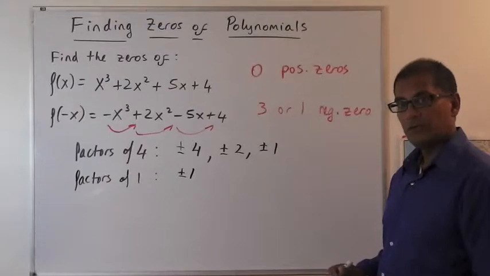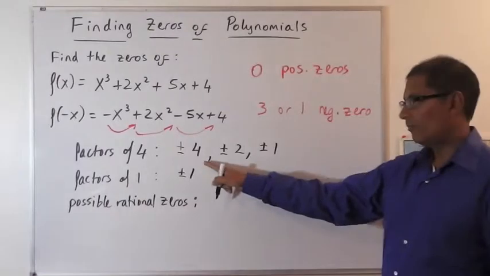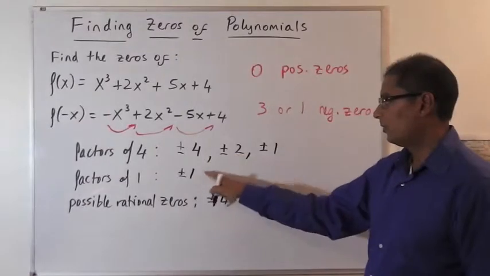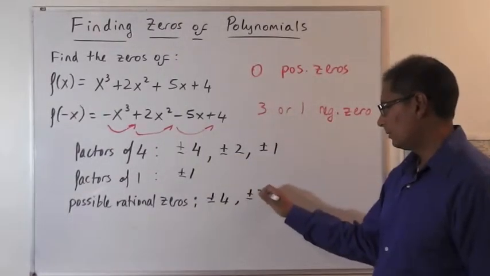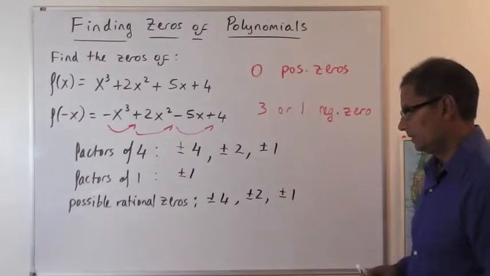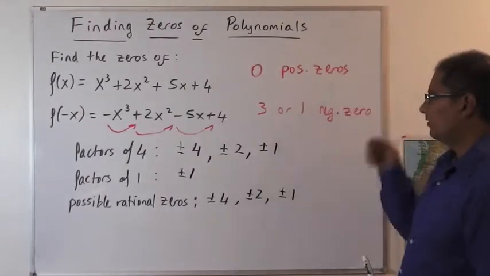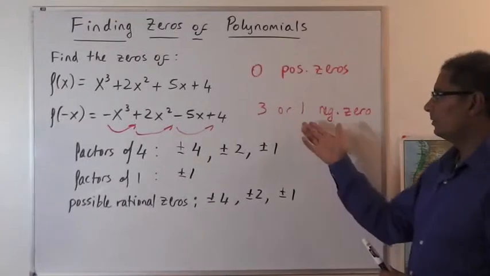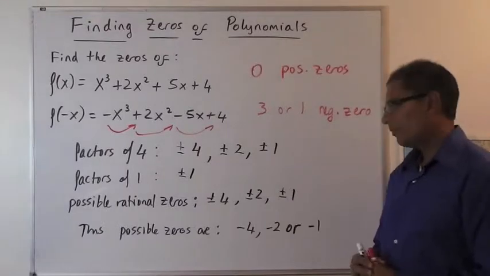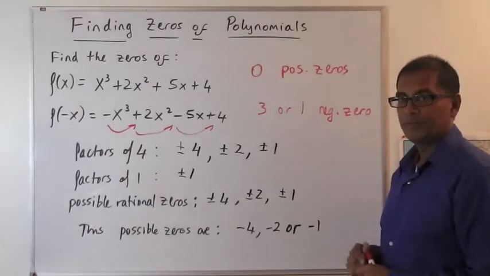So possible rational zeros are the ratio of these factors to these factors. So we'll have 4 over 1, so we have plus or minus 4. And 2 over 1, so that's plus or minus 2. And 1 over 1, so that's plus or minus 1. So we have 6 potential zeros here, but we're told we have no positive zeros. And we have either 3 negative zeros or 1 negative zero. Thus our possible zeros are going to be negative 4, negative 2, or negative 1, because there are no positive